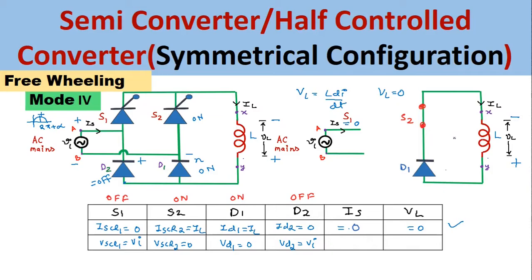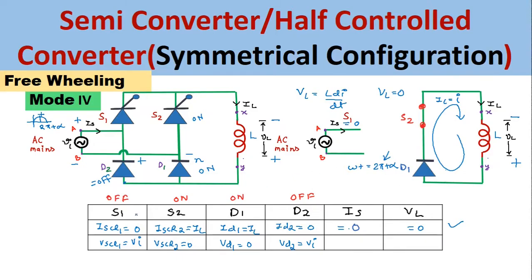Now the direction of the load current will be the same as before, that is, in the clockwise direction, and in this condition the load current will be equal to the inductor current I. Again in this mode number 4 we can see that freewheeling takes place, because the current is circulating in the clockwise direction in this circuit. So this is called the freewheeling process. Freewheeling takes place due to the stored energy in the inductor, and this stored energy remains until the instant omega t equals 2 pi plus alpha. We will consider mode number 1 after this instant 2 pi plus alpha.